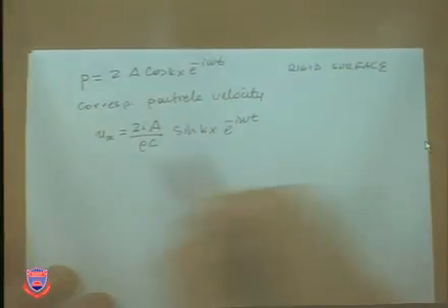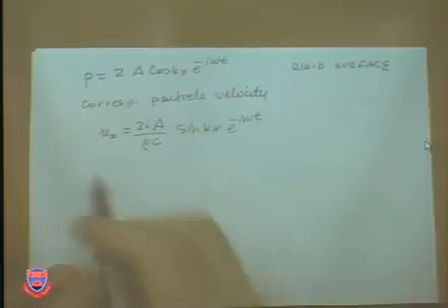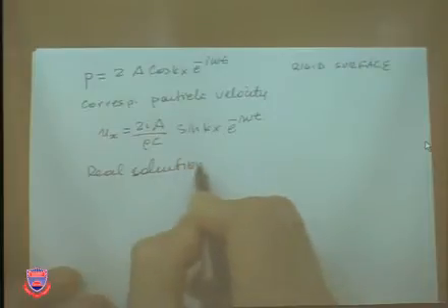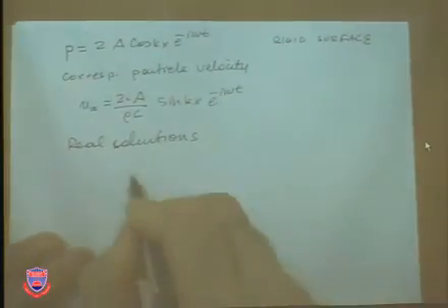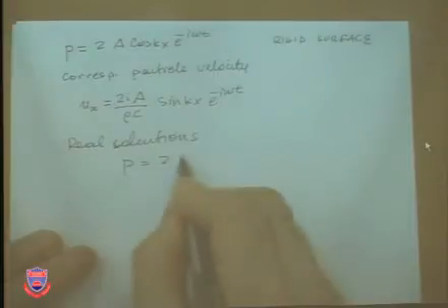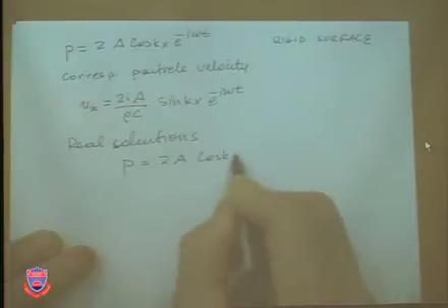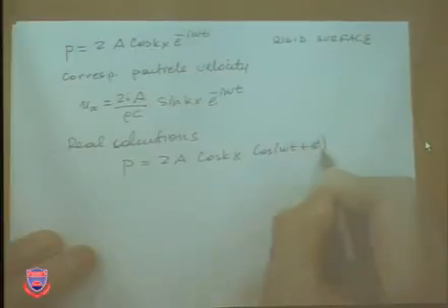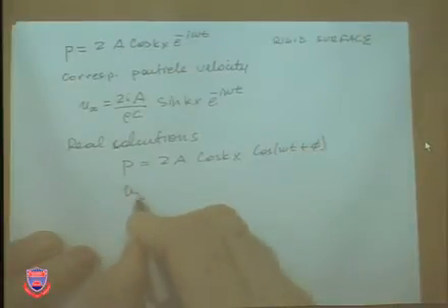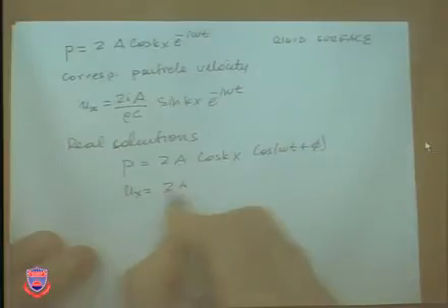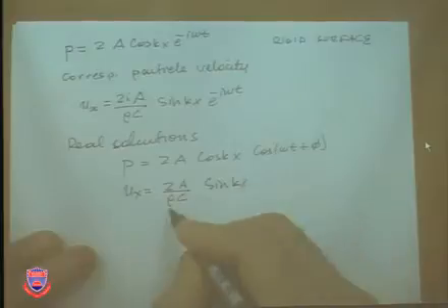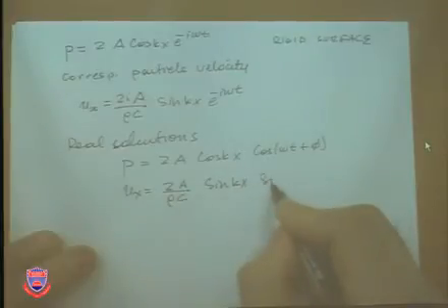Okay, and so this will be the particle velocity, and the real solution, because these are complex values, for pressure would be 2a cosine kx cosine omega t plus some phase angle. And of course, for particle velocity, the real part would be now only the difference between this phase, impedance, and